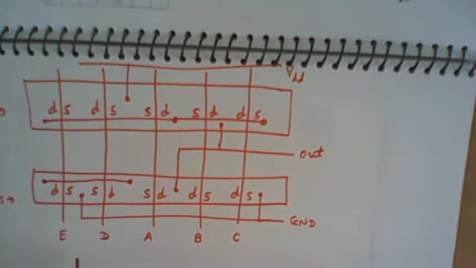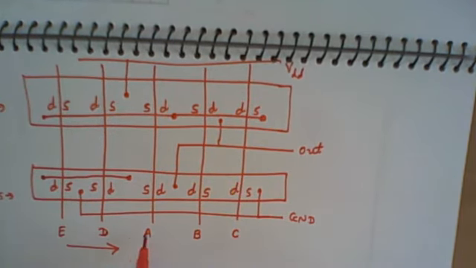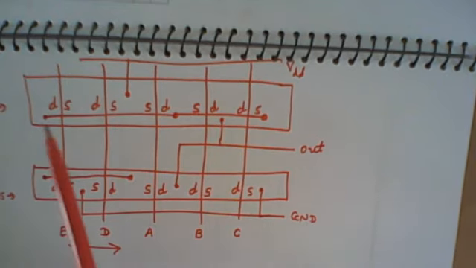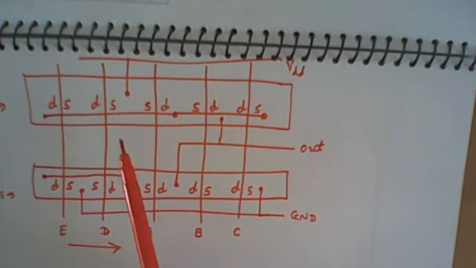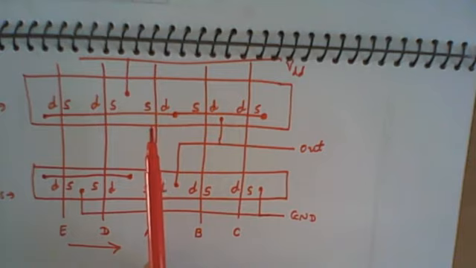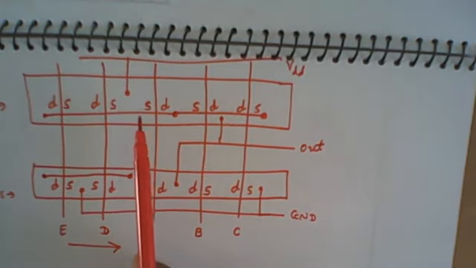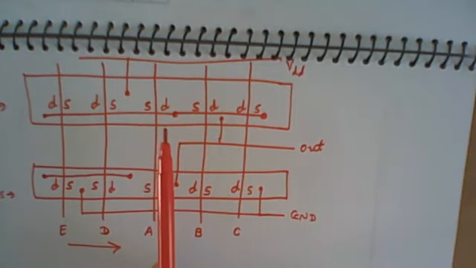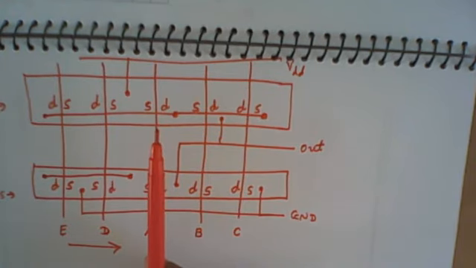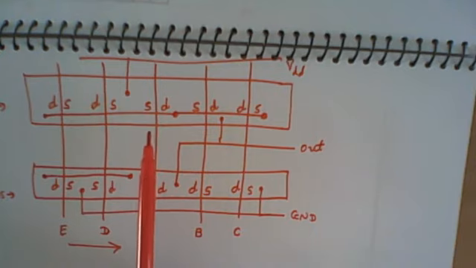So here we can see the stick diagram after optimizing as per the Euler path. So we have arranged the input sequence as per the Euler path. First is E, D, A, B and C. With two MOSFETs, a common drain or source can work for one MOSFET as a drain and another as a source, or can work for both MOSFETs as a source, or it can be the drain of the two MOSFETs. So it reduces the area requirement as well as the complexity of the routing.